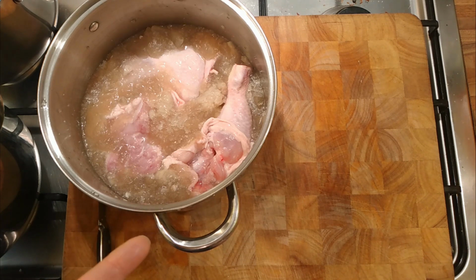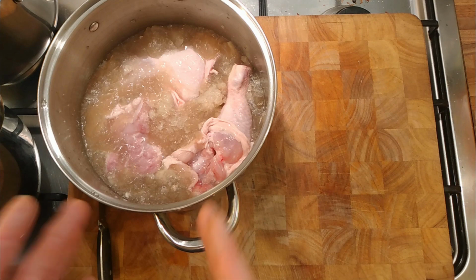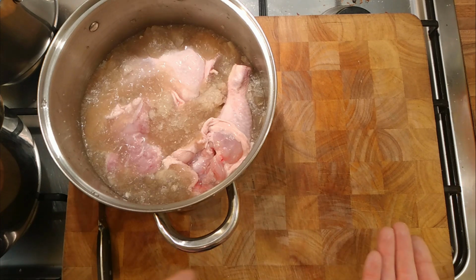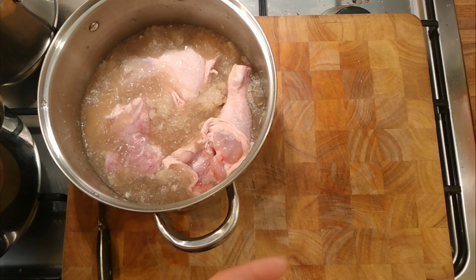Because you don't know how much salt has come out of the flour onto the chicken. So I always think, season the chicken first, then put it in the flour, and then fry it, and then you know that you seasoned the chicken correctly with the right amount of salt. There's no guarantee that the salt's evenly dispersed within the flour, or that it's going to pick up enough of the salt that's in the flour, or that you put enough salt in the flour. So anyway, that was just a thought that's always been in my head,